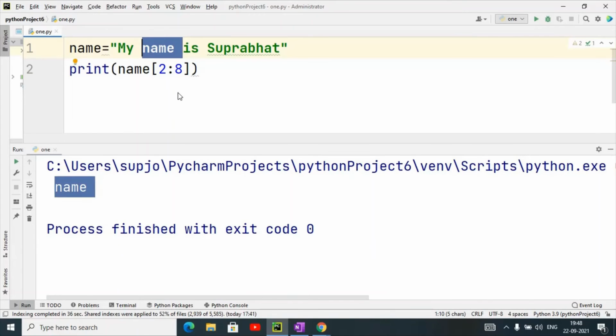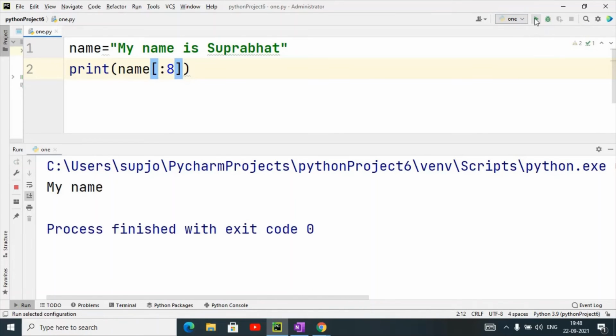What will happen if we do not give the starting position? Suppose I forget to give the start position, by default it starts from the beginning. If I execute this, it will start from location 0 to the 8th position.